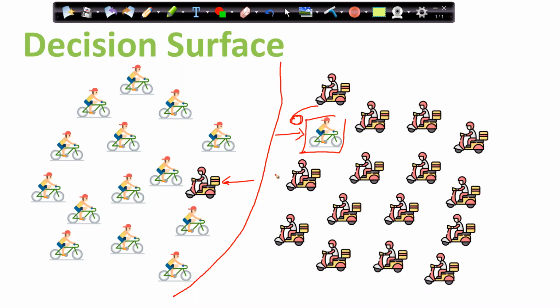I need a curve which will very well segregate positives and negatives, and will not consider these noise or outliers. Here there will be some error. Let's assume that this is bicycle, this is actually a scooter. There will be some errors. That is fine. But for the majority of the points, this smooth curve is doing a good job. We are not overfitting my data when k is equal to 5.